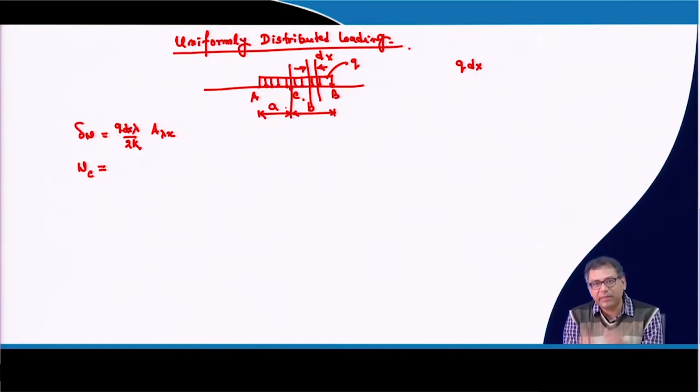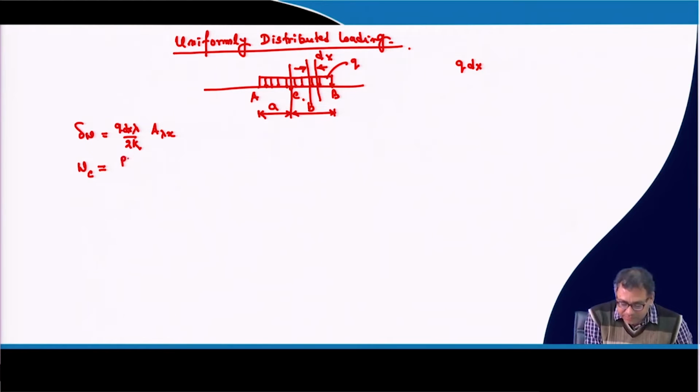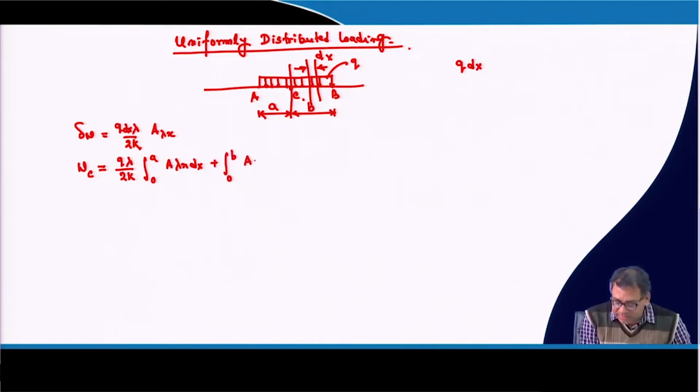So, we have to add those settlements, then I will get the settlement at point C. That means we have to integrate that. So, this is P lambda, or P is replaced by Q dx. So, this is Q by 2k, then integration 0 to A, A lambda x dx, plus integration 0 to B A lambda x dx. So, this A lambda x, you know that Q lambda by 2k, this will be 0